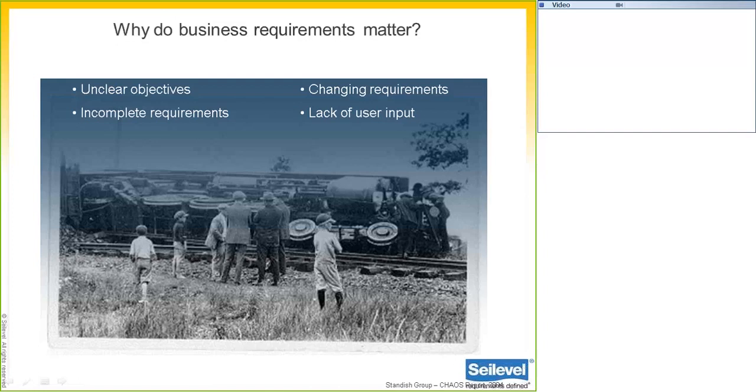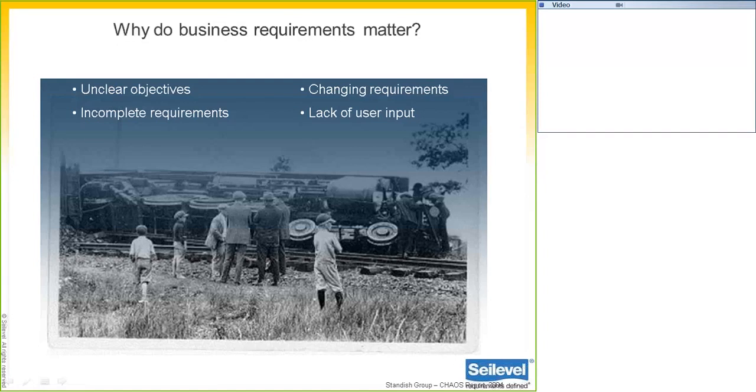But these things here on the screen tell us that there's something very wrong with that relationship between the business stakeholders and IT. And I think that the business requirements are at the heart of defining what our business stakeholders really need. So if we get those right, we have a much better chance at successfully implementing projects in IT. Now, business requirements are important specifically around these 4 causes here because they help us define our objectives so that